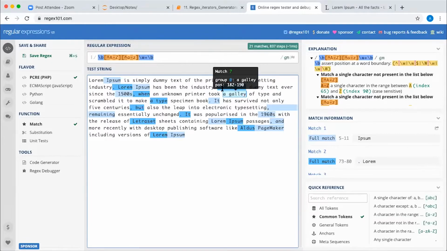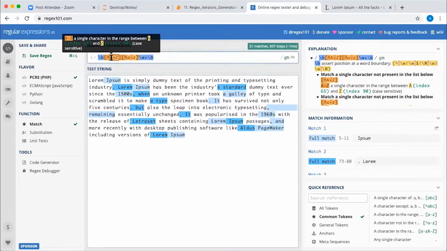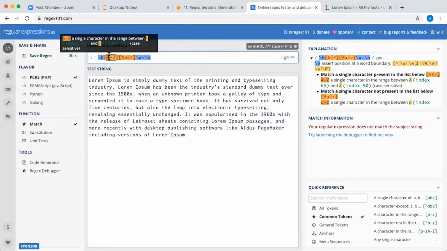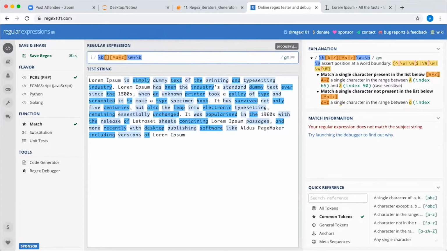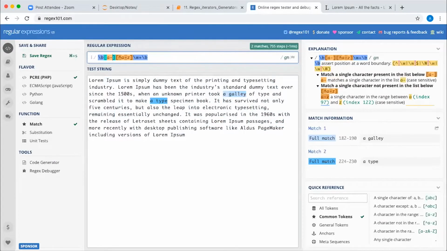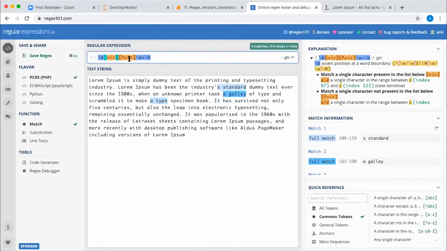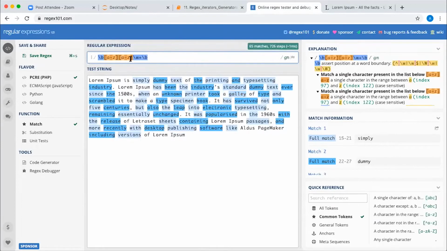So if you want the individual word, then remove this and write a different pattern for it. Then it will be taking whatever is your requirement. You want A to Z in the beginning, write here A to Z, and after A to Z you don't want any alphanumeric character, then you can consider that. So again here also let me remove this. So it is taking industries separate, standard separate now.